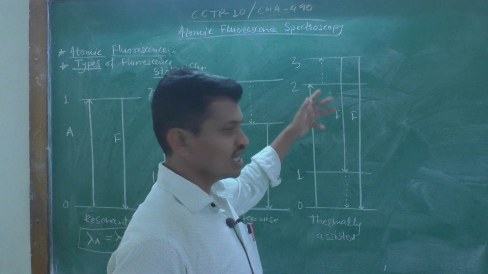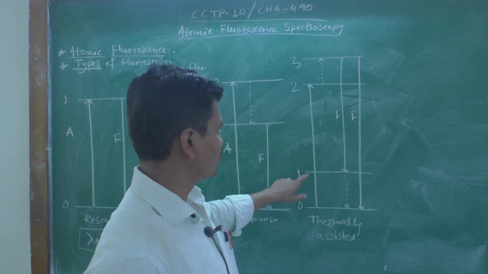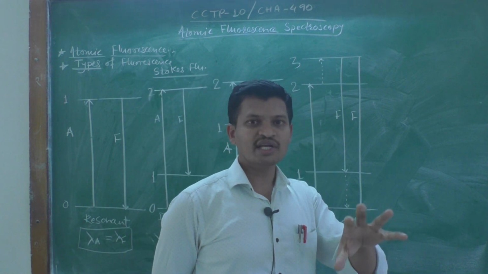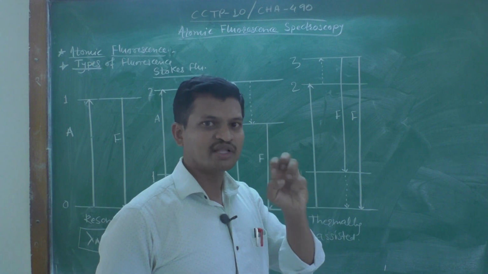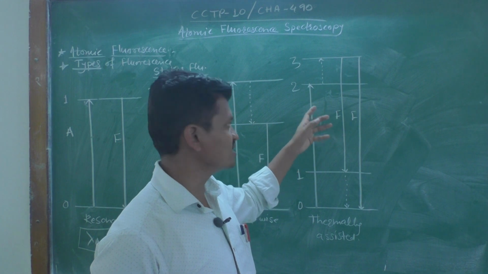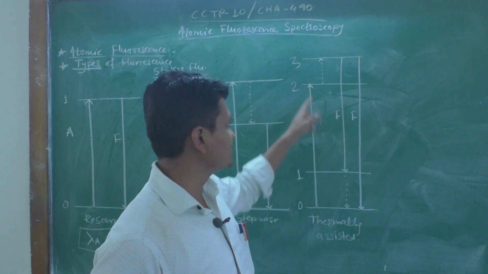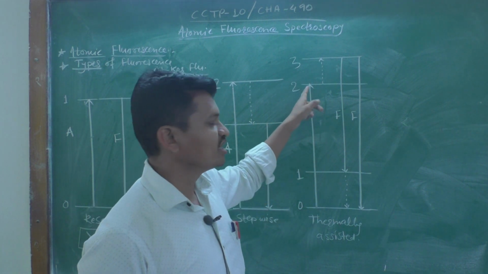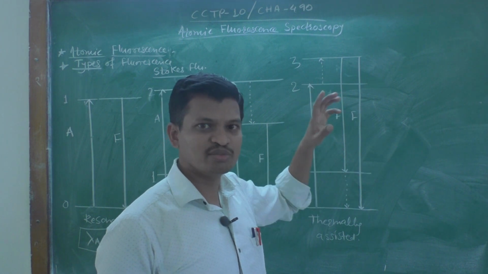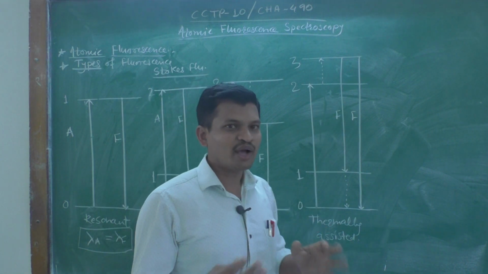Here 3 electronic energy levels have been shown: 0, that is the ground state energy level, then first, second and third. Here the radiation source is emitting radiations, and those radiations get absorbed by the atomic species. They get excited to, let us say, the second excited state. Here the atoms are already in an excited state. This is the second excited state, meaning it is already in a higher electronic energy level, but they come across,